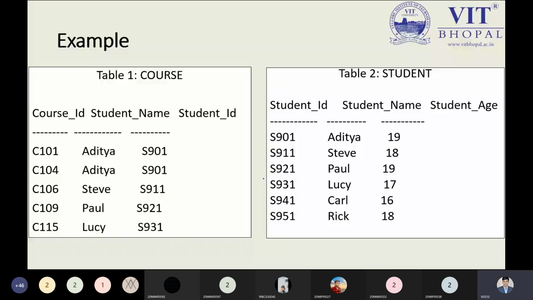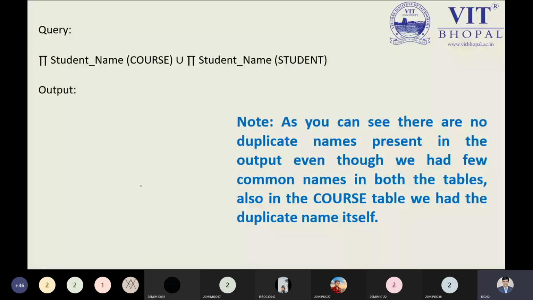I have a different idea to explain my concept properly, because I have taken a replica of the table at every slide where the operation is required. This is our question: display the student name from the course relation union the name of the student from the student relation.